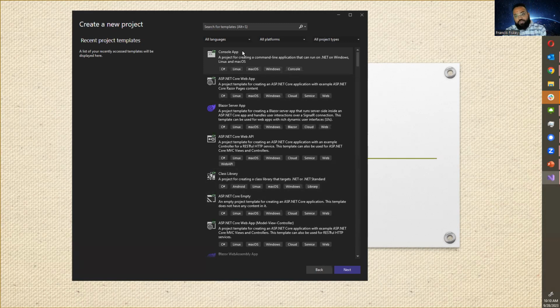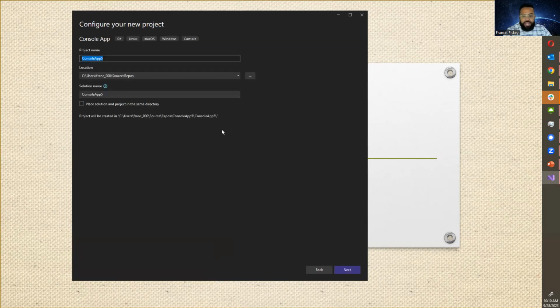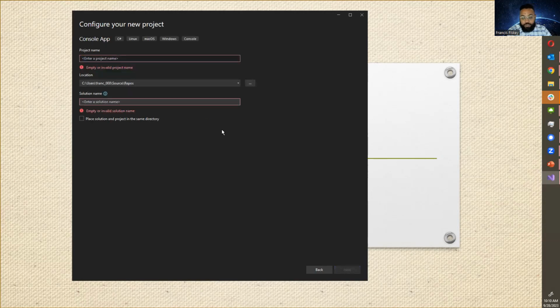But we're going to do a console app, nothing fancy. If you want to write a web app or a server app, that's Blazor. Blazor's a nice way of trying to do a SPA or something like that, or even a class library, you can. But in this class, we just want to use the console. We're just going to do a console application. So I'm going to go ahead and click next. And from now on, this is probably the app that I'm going to use the most for our teaching sessions, our lectures. So I'm going to name this one,